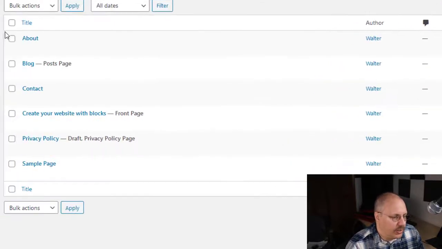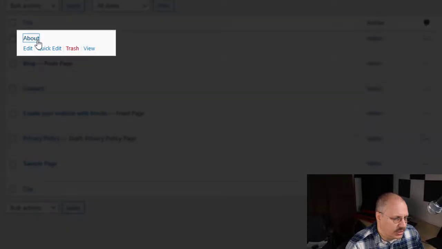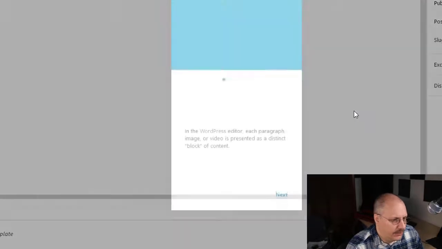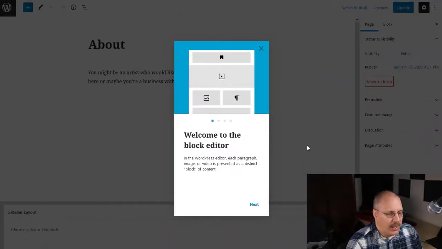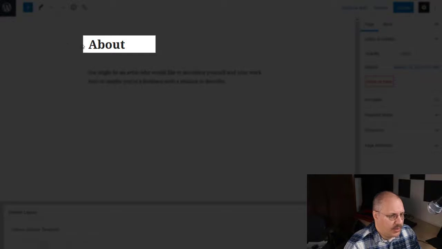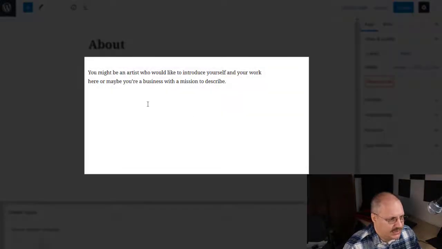If I want to edit a page, all I'd have to do is click on a page. When you click on the title, it will come up. And if you've not used the block editor before, which we're going to talk about in just a little bit, this will come up. I'm going to X out of this real quick. You can see up here the page title, the page content,